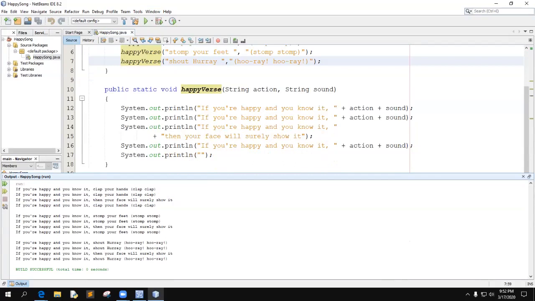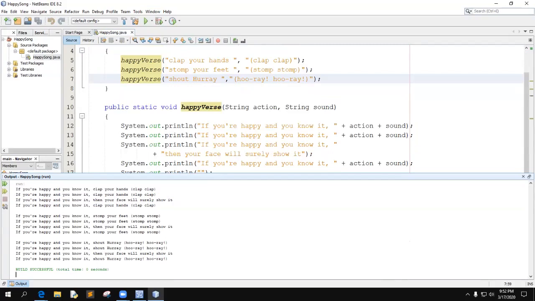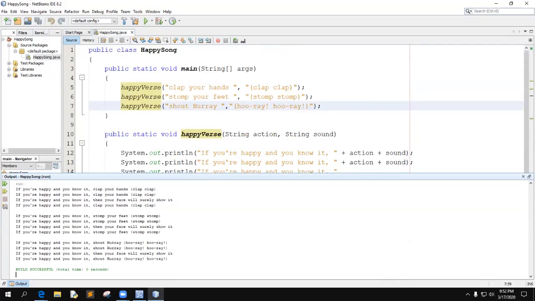Is this coming out right? Let's see now. Shout hooray. Is that coming out? Well, yeah, the stomp your feet and then the hooray. Yeah. Okay, so right here